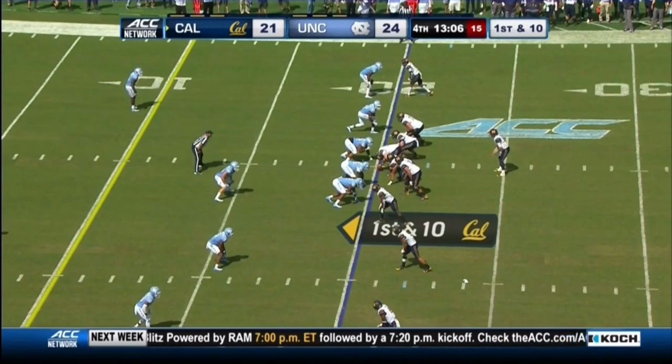And at the bottom of the screen, they're covering the 2 inside-most receivers with 3 defenders. They've got a linebacker inside of those 2 receivers, another linebacker outside of them, and then a safety over the top of them. Now, the reason that North Carolina is using 3 defenders to cover these 2 specific receivers is